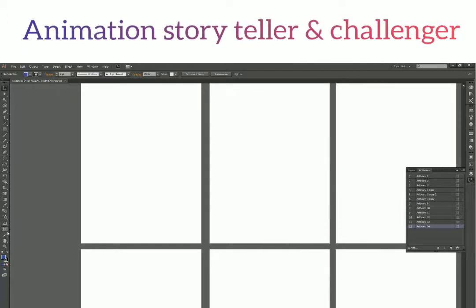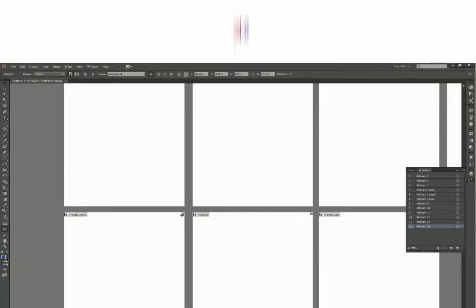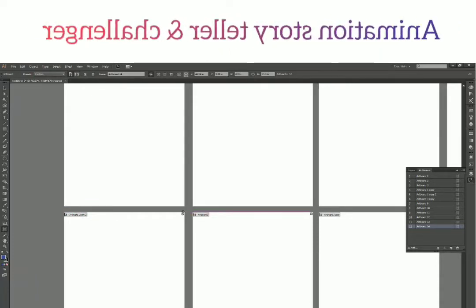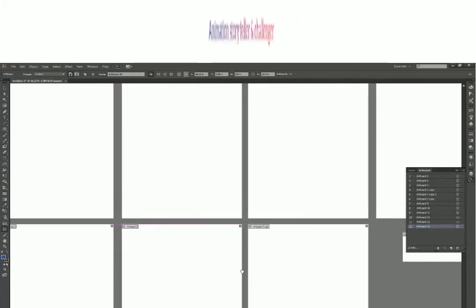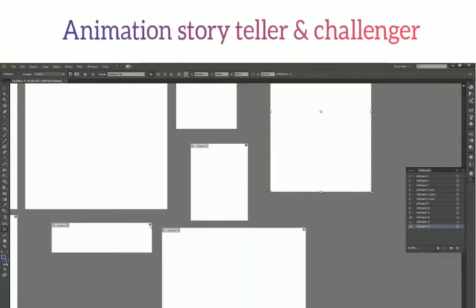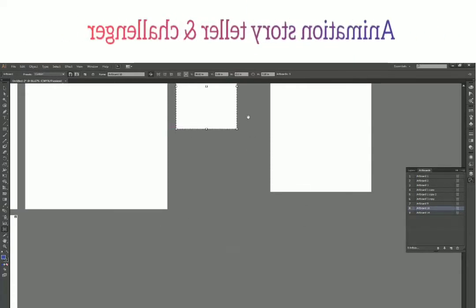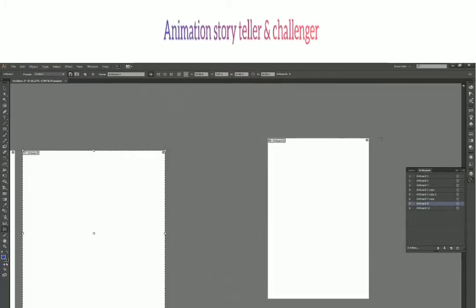When I select the artboard tool, I immediately get an artboard name and a cross icon on the top right of every artboard. When I click on this icon, it just deletes that artboard. It's as simple as that. Click on the icon and delete the artboard.